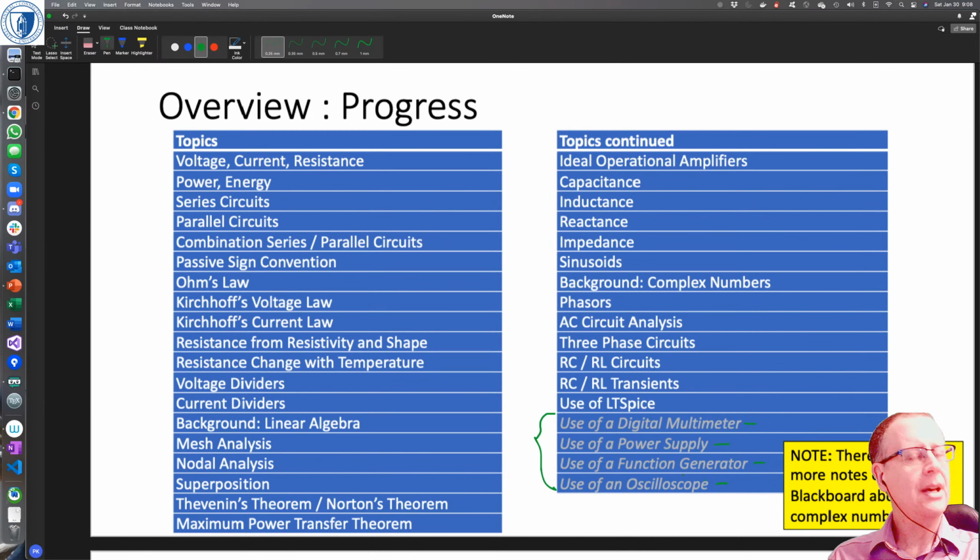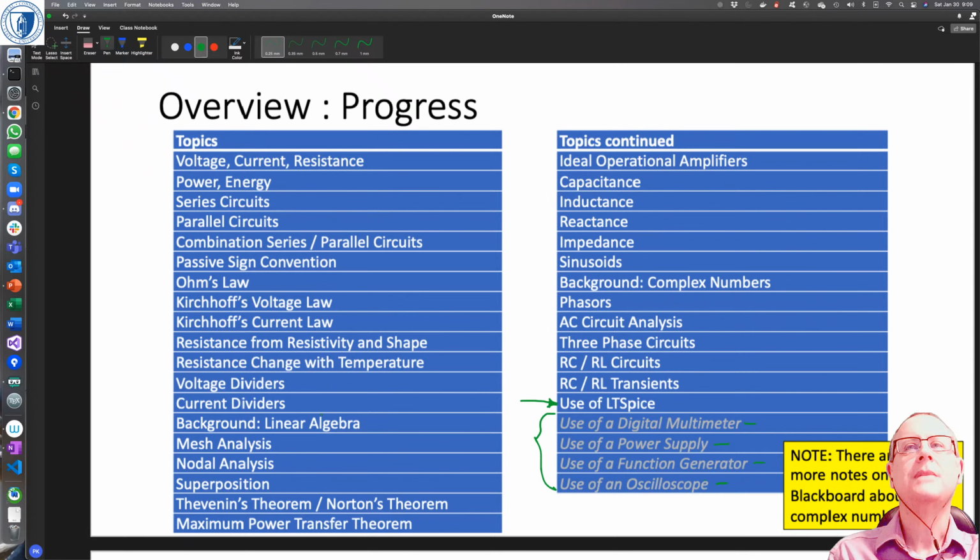But one thing that I will continue to do, even when we're back fully in person, is use LTspice for simulation. I hadn't started using it before, and now that I'm effectively forced to use it to simulate this equipment, I really like it. I think it's worthwhile for students to learn how to use it, and I think it helps students learn the material. And you can see all the other stuff that we've got to get through.